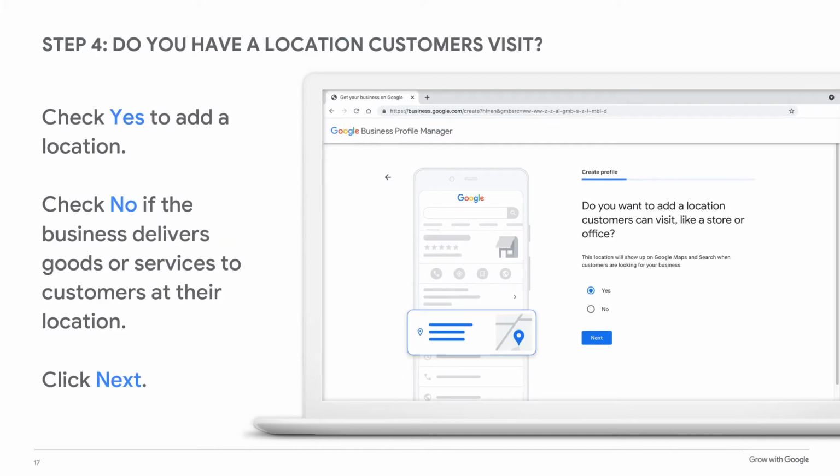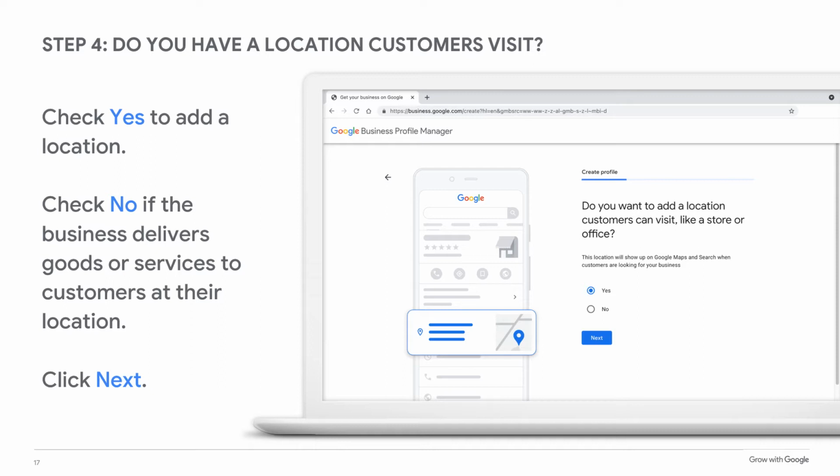You'll be asked to choose whether or not your business has a physical location that customers can visit. Many local service area businesses operate out of private homes. If you have a service area business and see your customers face to face, but at the customer's location or a local common area, you can hide your address. These businesses can still appear on Google Maps without displaying the address or driving directions. The areas that you service will be highlighted on the map.